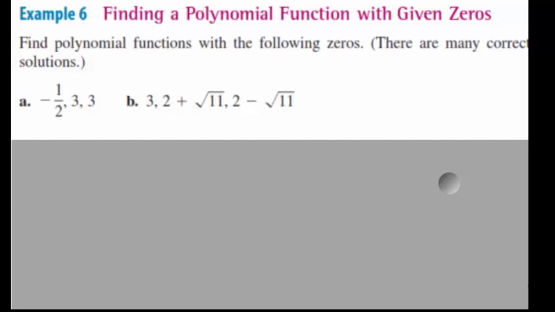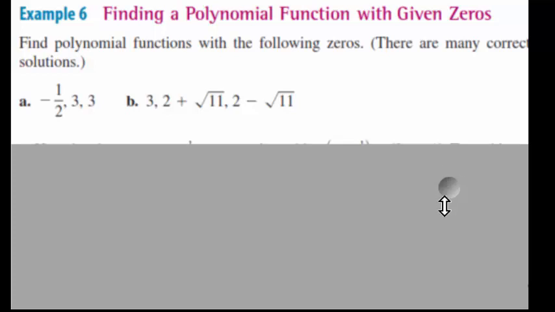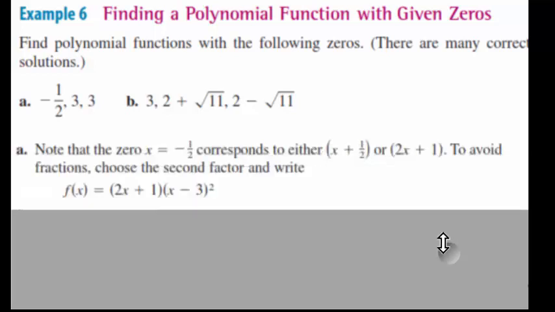Alright, so next thing is you need to be able to write polynomials if you're given the roots. So I'm just going to walk you through this because it's really not that hard. Here's the first example. If we have a root at positive 3 and positive 3, we'll start with that one first. You think about it in factored form: x minus 3, because a positive 3 makes it 0, and since there's two of them, we have to put